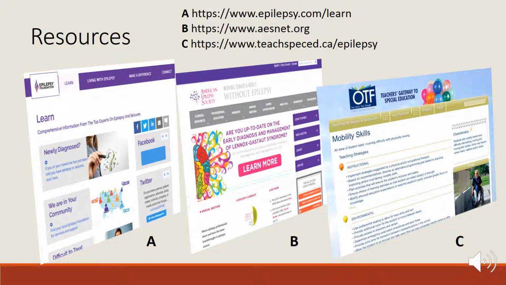Resource C is educational support for teachers and school personnel. I found this resource especially helpful for both my first presentation about Fragile X and this presentation for seizure disorders. It actually has a variety of different disabilities and disorders, including the 13 categories of IDEA listed, and it has different skills and deficits that children may face. And you click on it, and then it gives different tools and tips to try to help that child with that area. So I found that very helpful.